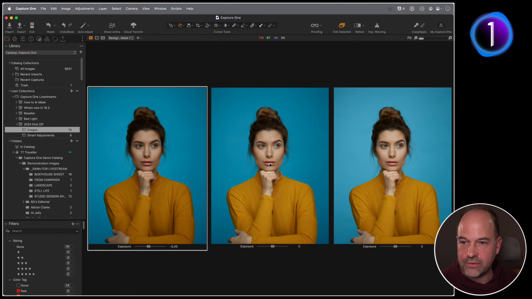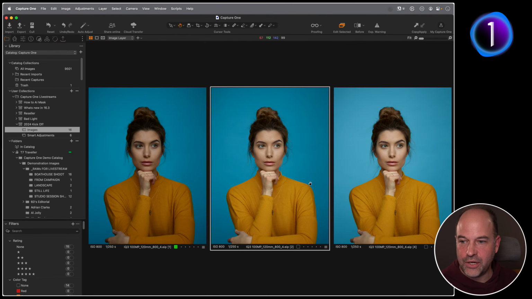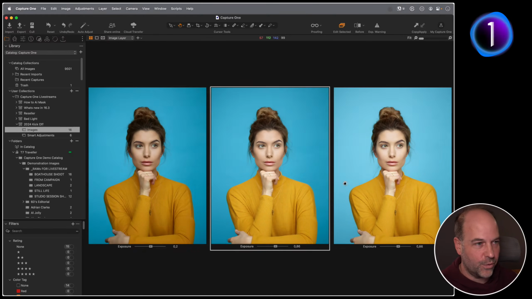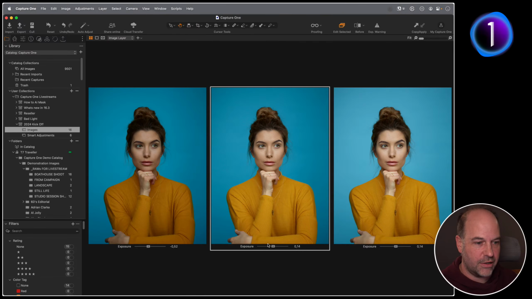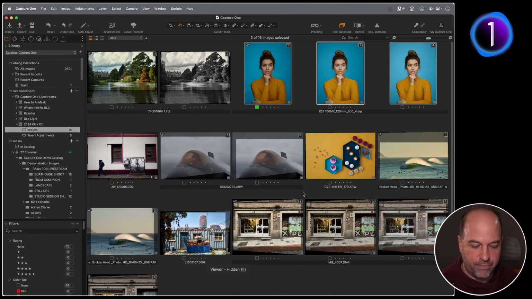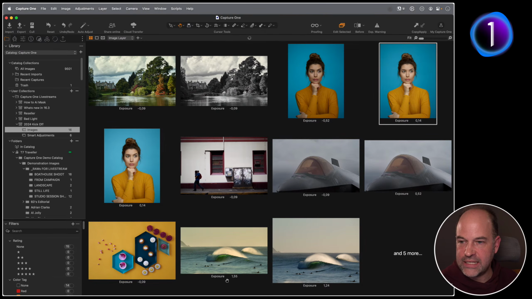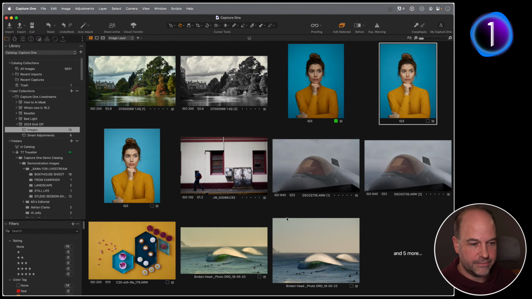Spacebar to reset it to 0. Okay? So that is your mantra for resetting. You don't need to see the slider. You can just literally drag back and forth using the method that you wish. You do not need to hit the slider itself. You will always see the value. So even with a bunch of pictures selected like this, and we do a speed edit, you'll always see the value and the tool that you are adjusting, like so.